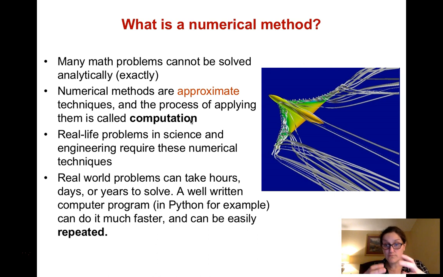Programming is what I need to do to write instructions to the computer to perform this numerical method. That is essentially what's called programming. Now, most of the real-life problems actually require numerical techniques. A very small fraction of problems have a closed formula solution of the type that you're looking for in your calculus classes, for instance. And that process can take quite a bit.